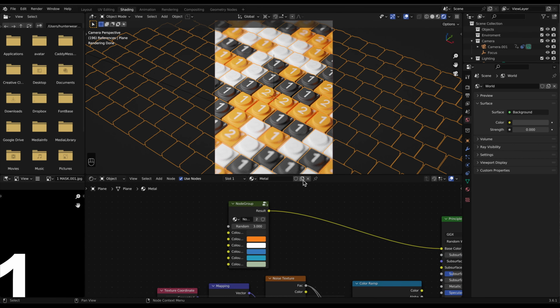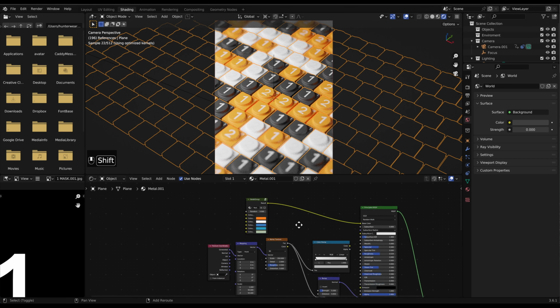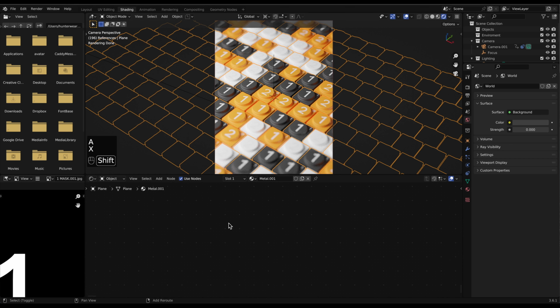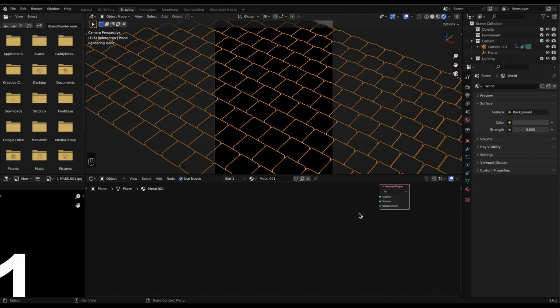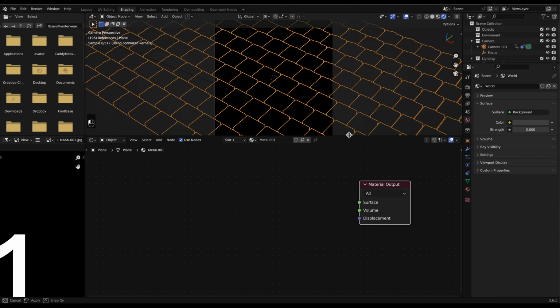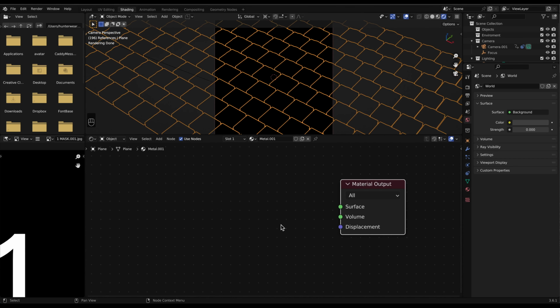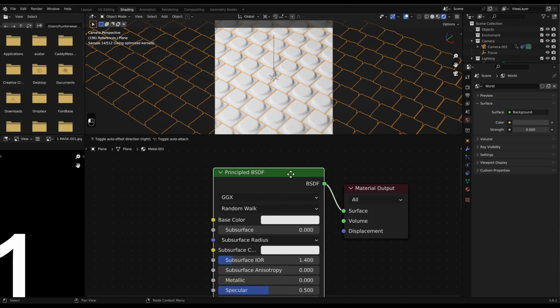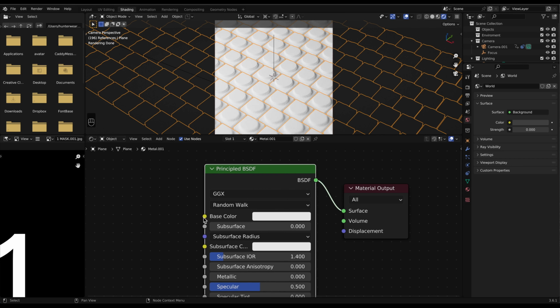So what I'm going to do is start by duplicating this. I'm going to start afresh, so we'll select all, delete, and then we'll go and add in a material output. This is what outputs the material. Let's zoom in a bit and we'll keep it nice and big for you guys to see. We'll click on the surface and drag, and then we can type in a Principled BSDF. So then we get something like this. So this is good because we've got a base color here.